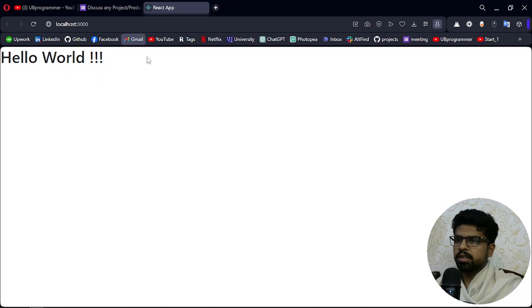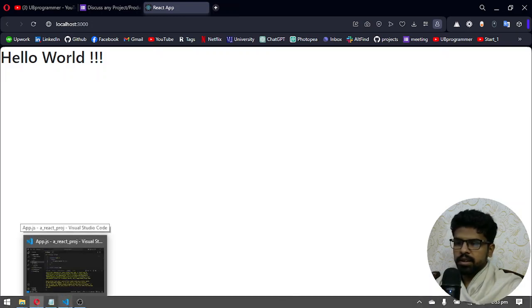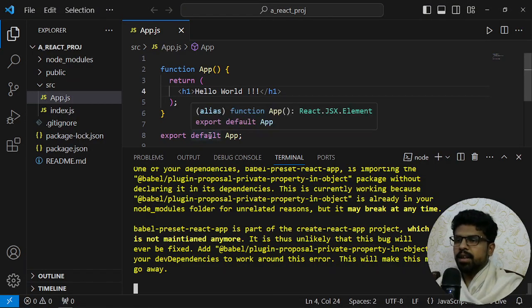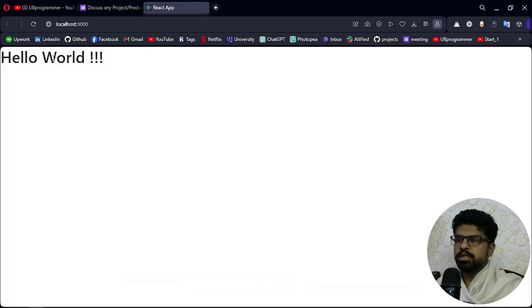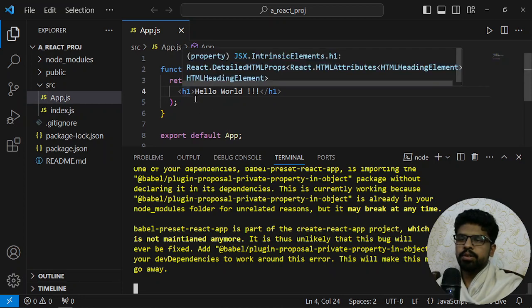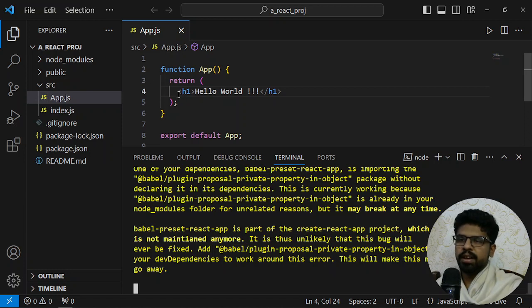Here we have our project running. This is the output of the previous video. I hope you are seeing it in the series. And this output, I told you, is coming from this app.js, which is a component, a really simple component of React, which is returning only one HTML element, which is h1, right? Now what if I want to